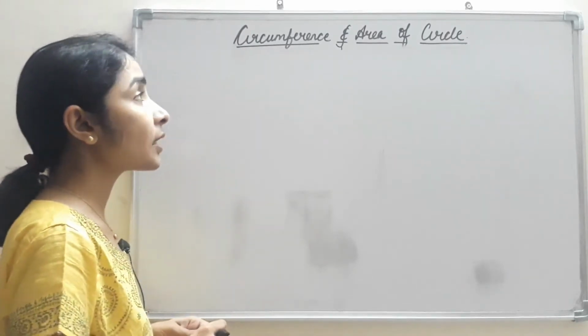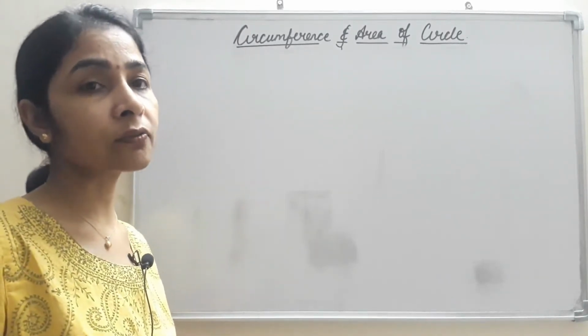Okay, the area and circumference of the circle, then area of sector, length of the arc, all are